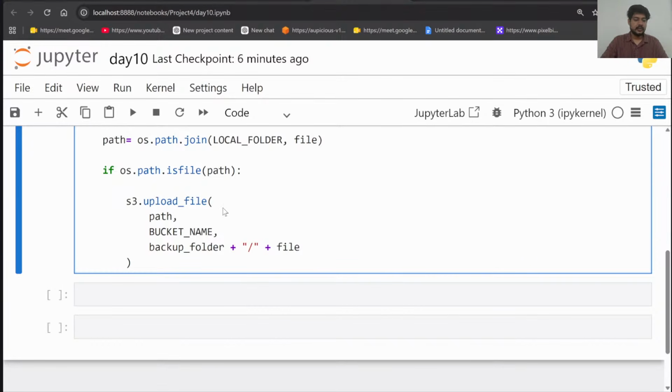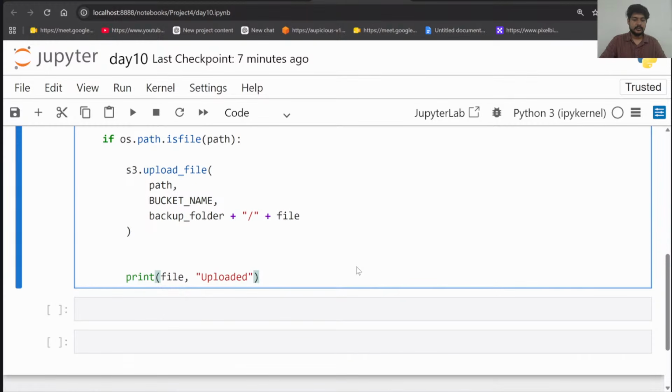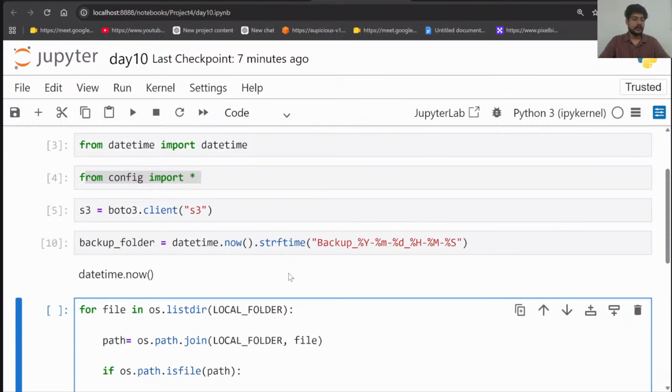So this entire file will run and take the backup. And after taking the backup, maybe हम इसको बोल देंगे do one thing, print it over there. Print file और जो भी फाइल अपलोडेड हुई है, तो फाइल जो भी है maybe index.html uploaded. तो uploaded it will tell us over here. और आफ्टर दिस एंटायर ब्लॉक ऑफ कोड रन, हम प्रिंट कर देंगे यहाँ पे backup completed. So this is the entire code of it.